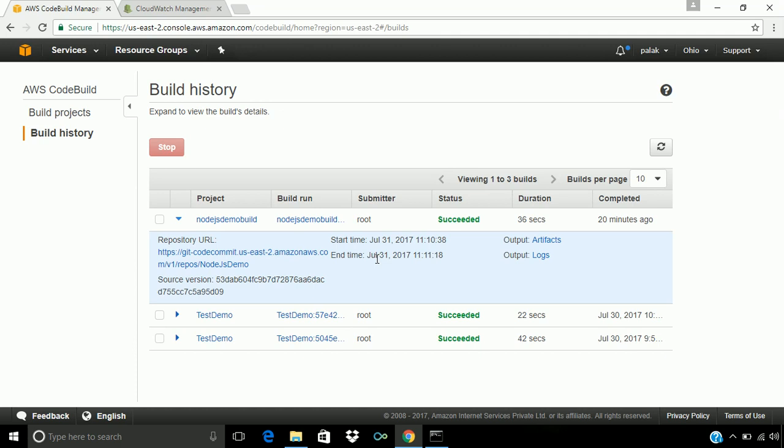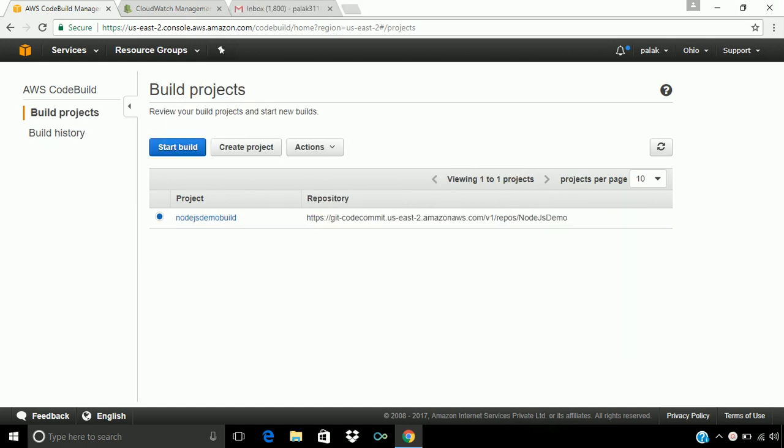Now let's see how we can create the build notification. We can also create a build notification, like if we want to notify any user that the build phase has been completed or stopped, failed. So for any event happening for any build project, we can notify the particular user. We have already created an Amazon SNS topic for that. So let's create the build notification.